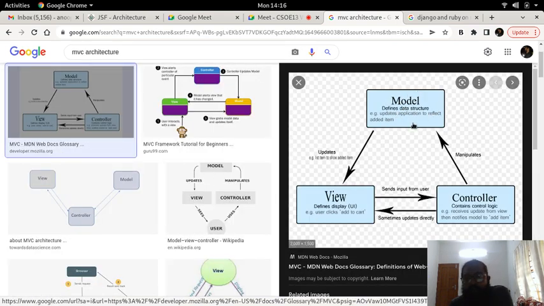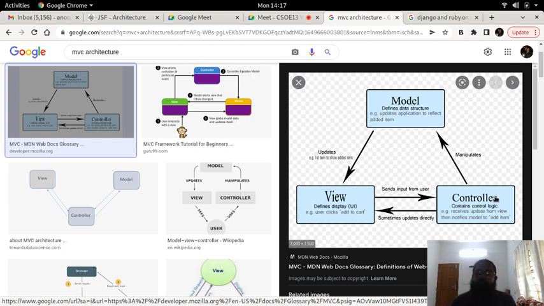And if we look at the model view controller, model, view and controller, you need to now understand that it is a way for us to segregate the code or the logic of the application that we are developing. It can be with Java, PHP, Python, Ruby, or any programming language that you can think of, or Golang.